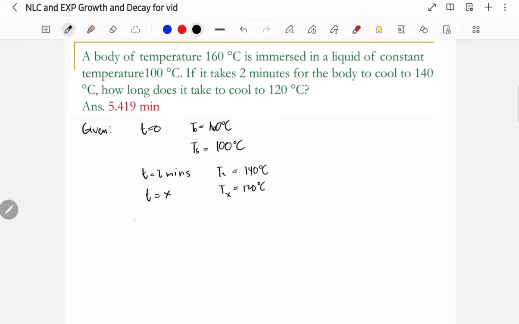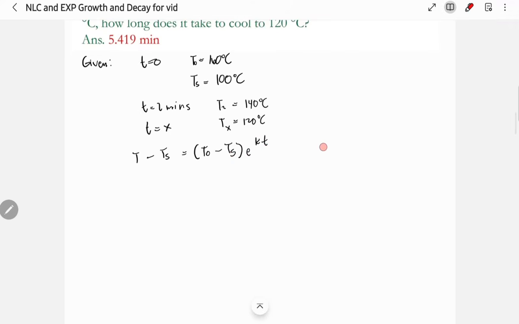So our formula is T minus T sub S equals T sub O minus T sub S e to the kt. So we are done with the first step. Find the given and what is asked. Next is to find the value of K. So we will apply